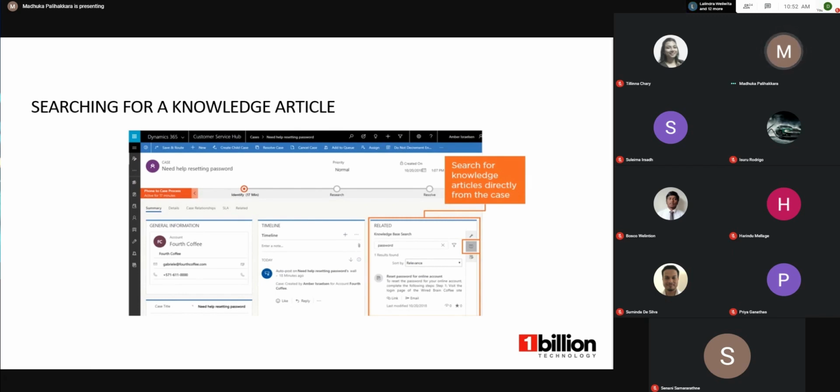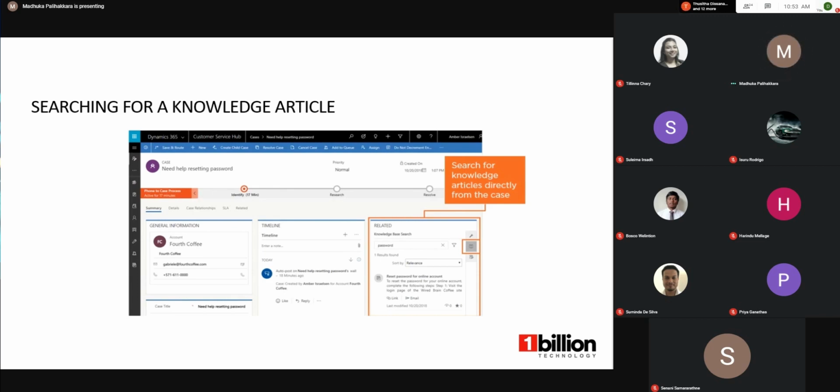In this research phase, we can either automatically populate the relevant KB articles, knowledge-based articles, or we can search for them. Automatic population happens based on the subject. The case also has a subject from the same subject structure, and the knowledge-based articles also have a subject. With that subject match, they auto-populate